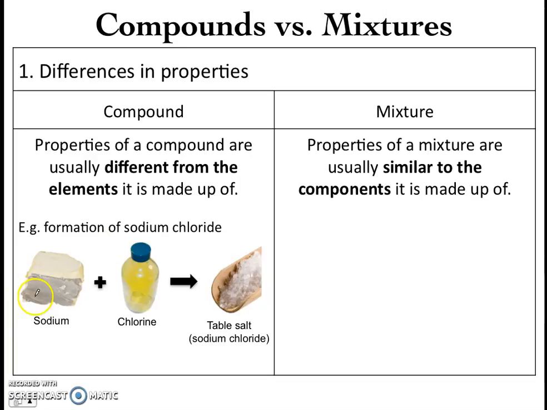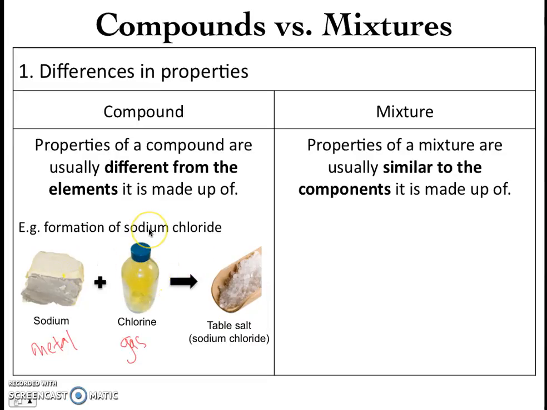For starters, sodium is actually a metal that reacts very explosively with water. And chlorine is actually a gas at room temperature that's poisonous. So take a metal and a poisonous gas, put it together, and you get something that's edible. So you can see that the properties of a compound are very different from the properties of the elements that